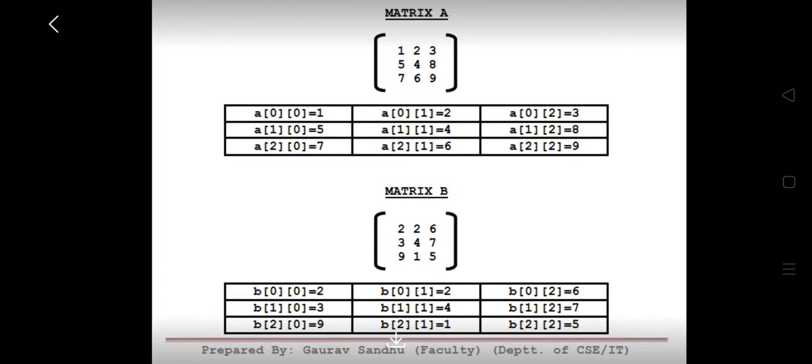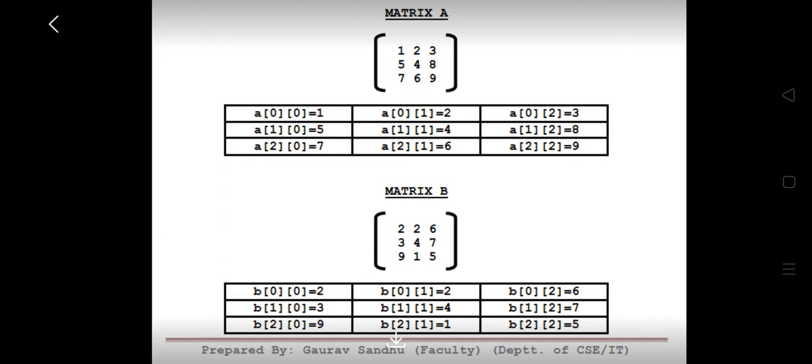The first program we will be discussing is about addition of the contents of two matrices. On the screen you can see that there is a matrix A, which is a 3 by 3 matrix, and a matrix B, which is also a 3 by 3 matrix.